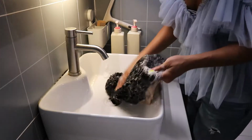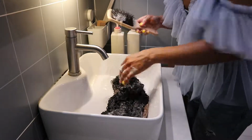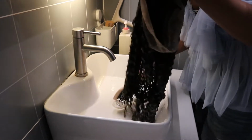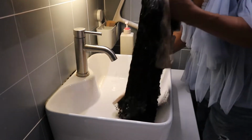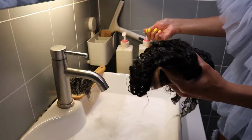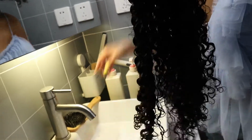I like to brush the shampoo through. Most people like to just brush conditioner through, but I think if you brush the shampoo through, you can go ahead and get the shampoo from the root to the end. So you can go from the bottom to the top, or you can go from the top to the bottom. It's up to you. Once you rinse that out, you go ahead and add conditioner. You brush that conditioner through. As you can see,